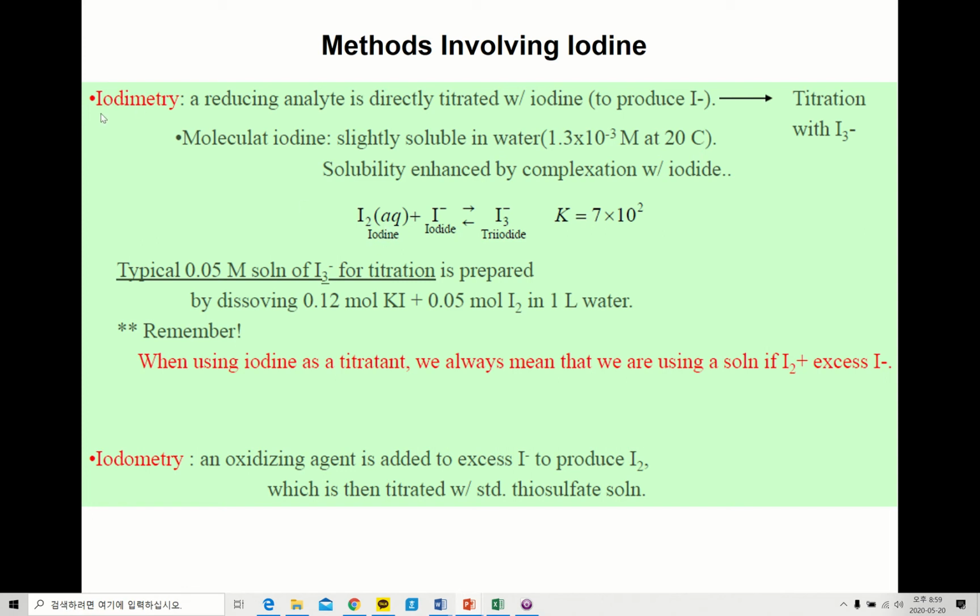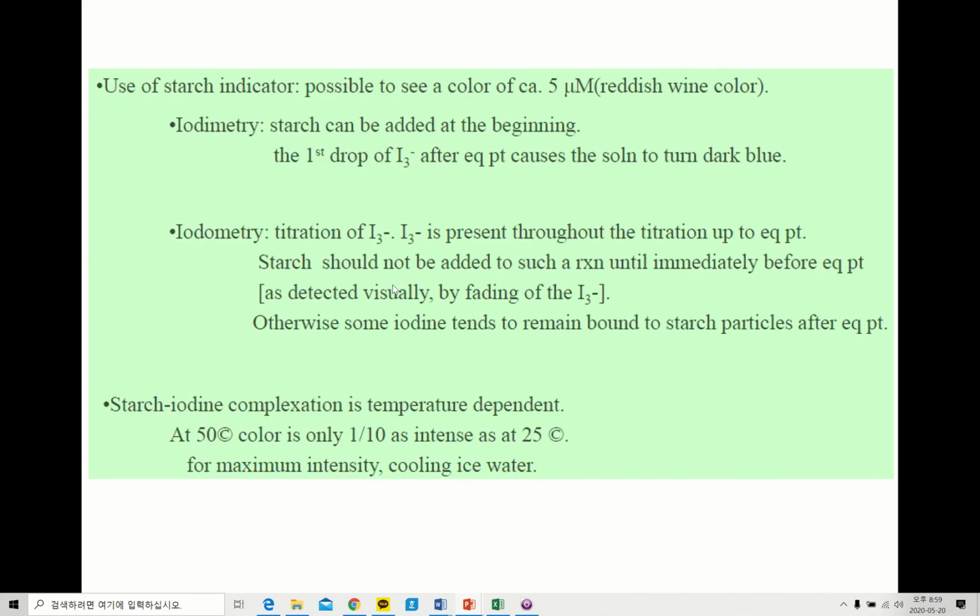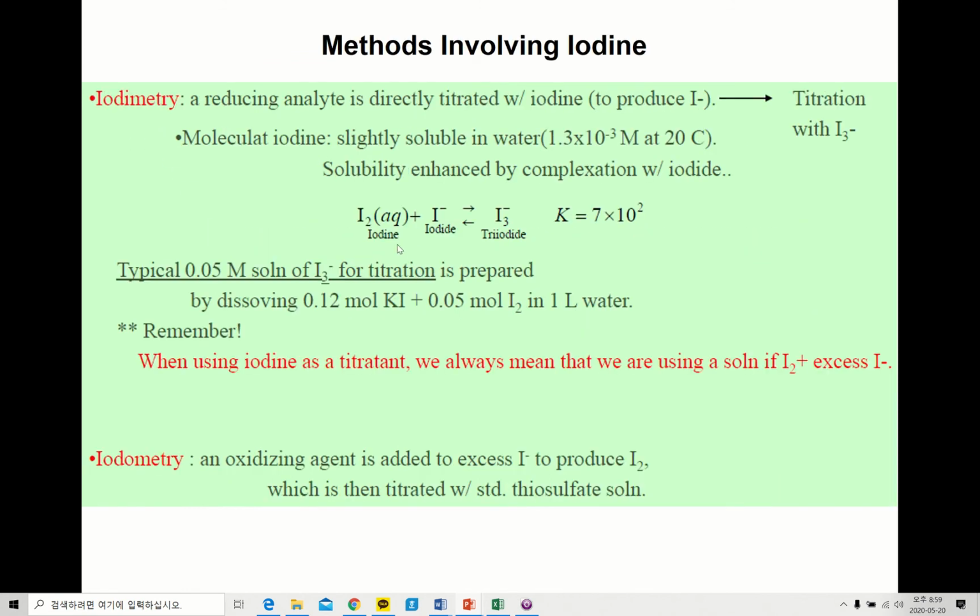So there are two types of using iodine as an oxidant here: iodimetry and iodometry. Iodimetry is when the reducing analyte is directly titrated with iodine. After being used, iodine becomes iodide. But using iodine as an oxidant has one slight problem, which is that this iodine is